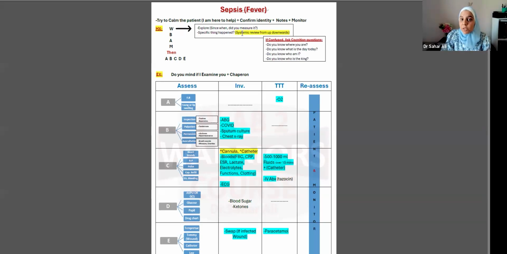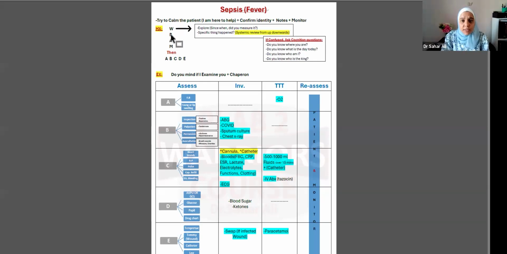Then you take the patient's systemic review from up downwards. Do you have any headache, any chest symptoms like shortness of breath or cough, any diarrhea or vomiting, any burning while passing urine, any wound in your skin, all right? To find out what is the source of this fever, all right? Quickly, then